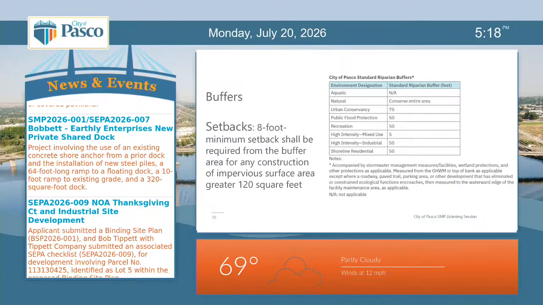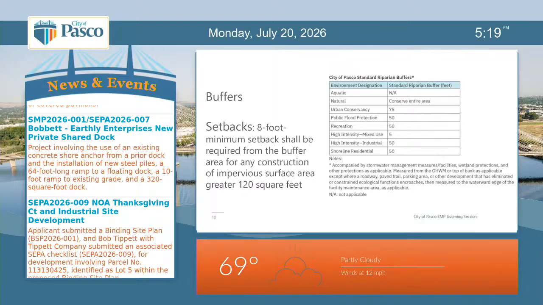Recreation: Chiawana, and the other parks, Sacagawea, etc. There is a high-intensity mixed use, and that may have some opportunity for commercial development in that area. And then high-intensity industrial, that's Big Pasco that we talked about, and then shoreline residential, the rest